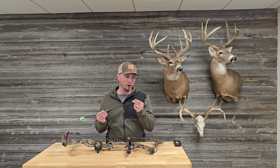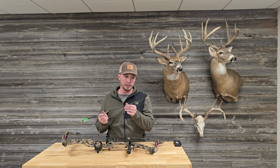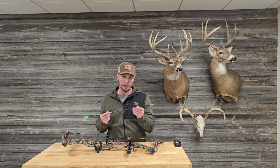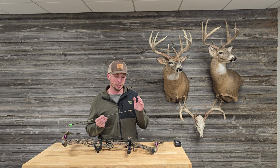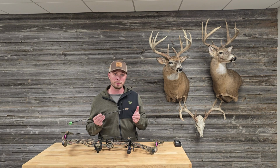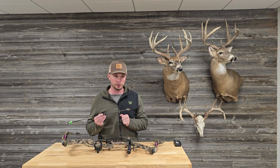And then we topped that off with the Iron Will V100, so the vented blade 100 grain standard profile broadhead. These come out of the package really sharp, but I take them to a next level. I have a little 3D printed stay sharp jig that I can take the blade out, put it in that jig. It's going to hold it at a consistent angle. And then I go and I polish that and buff it, starting with 600 grit wet dry sandpaper. I take it all the way up to 2000 grit sandpaper, and then use some buffing compound on some